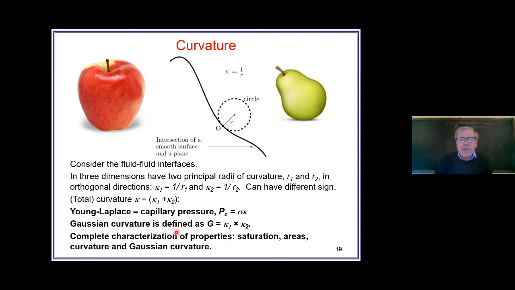There's another thing you can define. You've got two things, two kappas, so obviously you can define two independent variables from that. One is what's known as the Gaussian curvature, which is the product of the two. And mathematically, if we want to describe the geometry of phases within a porous medium, we can characterize this completely using what are called the four Minkowski functionals. So if we know saturation, which is essentially the volume of each phase, the area of contact, so interfacial areas, the interfacial curvatures, and the Gaussian curvature, mathematically, that does provide a complete characterization of the fluid